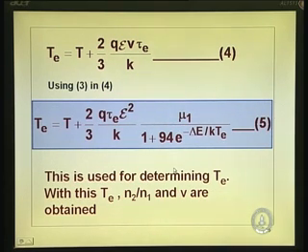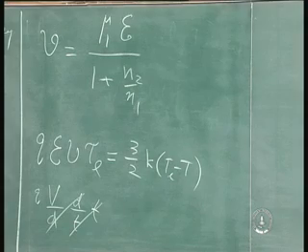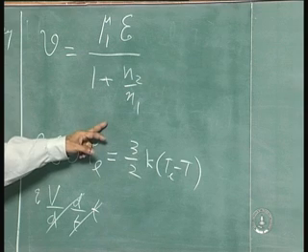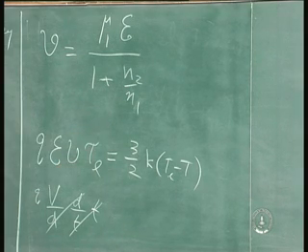So, once you solve this, you get the temperature, and once you get the temperature, you substitute in N2 by N1, substitute in velocity. Velocity is mu 1 E divided by 1 plus 9.4 into e to the power minus delta E by k T e, T e got from this particular transcendental equation. Once you do that,